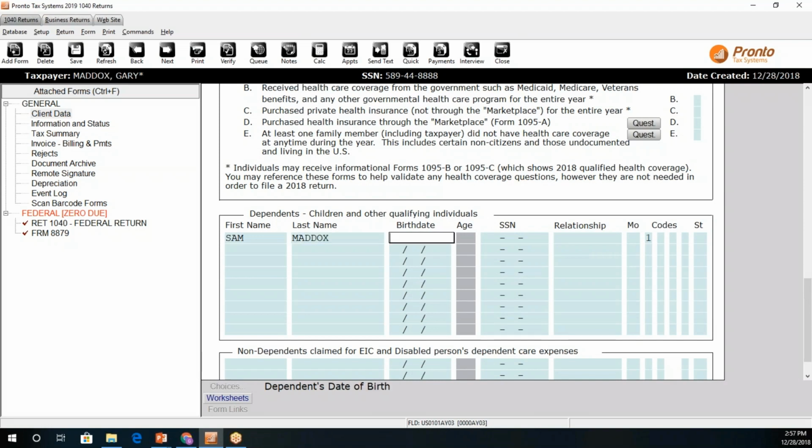And his birth date is 7/28/2014. So he's 4 years old, and his social security number is 626-456789. Now, a thing about social security numbers, generally it tends to relate you to a certain area